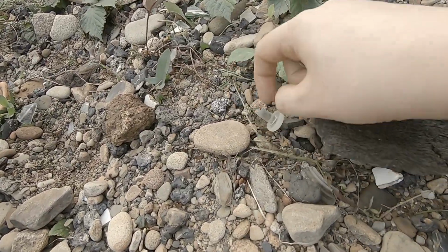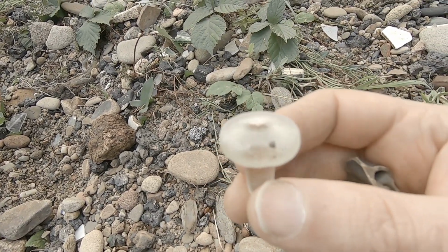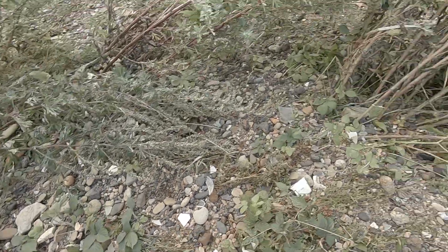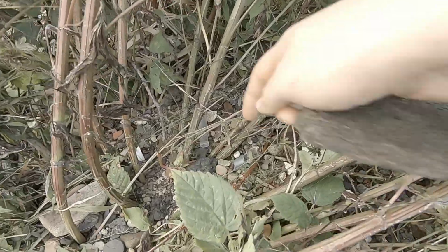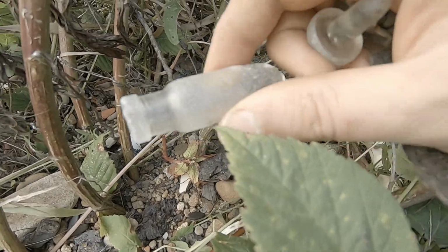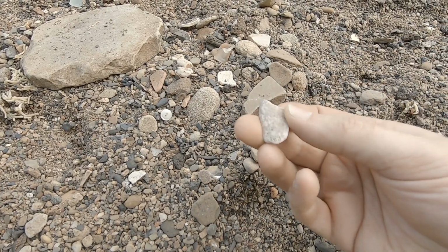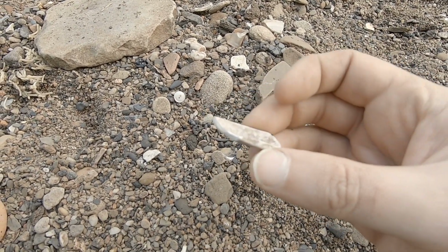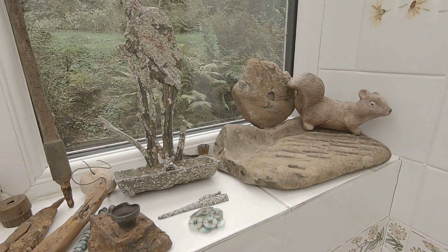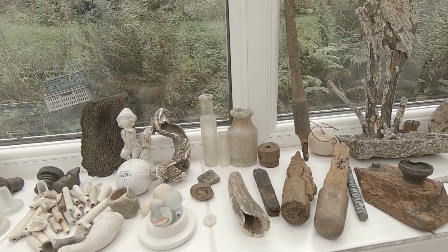Ooh, smaller than usual glass bottle stopper. Not the smallest I found, but the smallest of this shape. Oh, broken. Never mind. Just about to run out of battery, but a bit of pipe bowl and a button. And unfortunately I'd forgotten to charge my spare battery, so that's sadly all the footage I got from that outing,